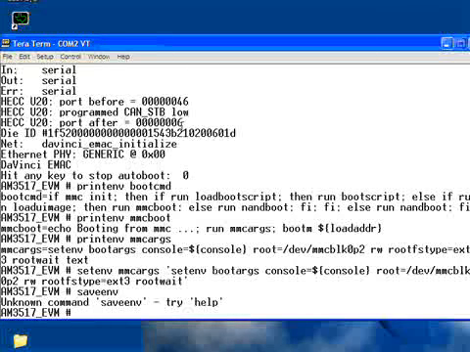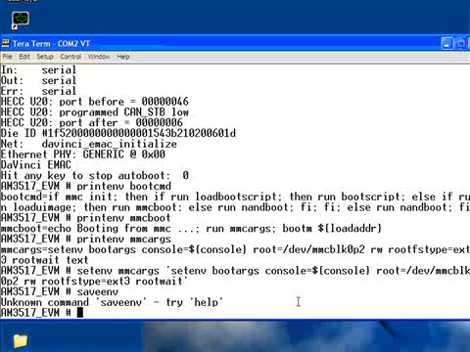default variables. Another method for doing the same thing is that U-Boot does support a boot script. So you can see here, if you look up a little higher in the terminal, that it attempts to run a macro called load boot script. If it finds that boot script, it will run it. The name is boot.scr, and we won't go through the details of that, but that's another method of working around